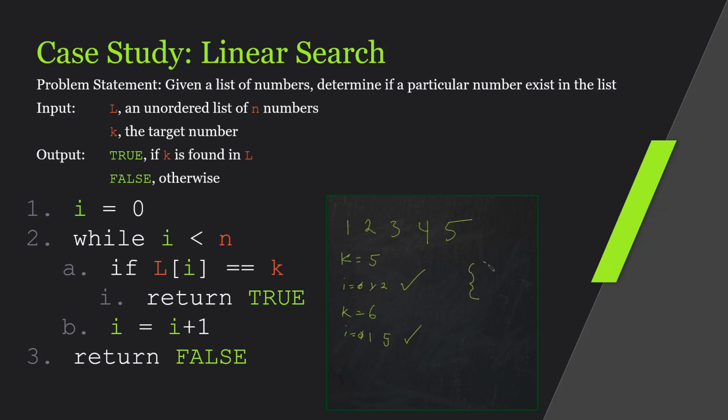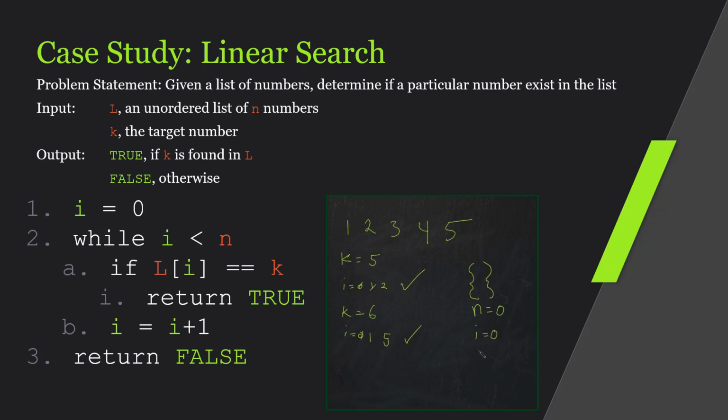So I'm just going to do basic set notation here for the empty list. So n would then equal 0. Let's walk through our algorithm and see if it can handle this input. So we set i to be 0. And now we're checking to see if i is less than n. Just like 5 was not less than 5, 0 is not less than 0, so this would become false,